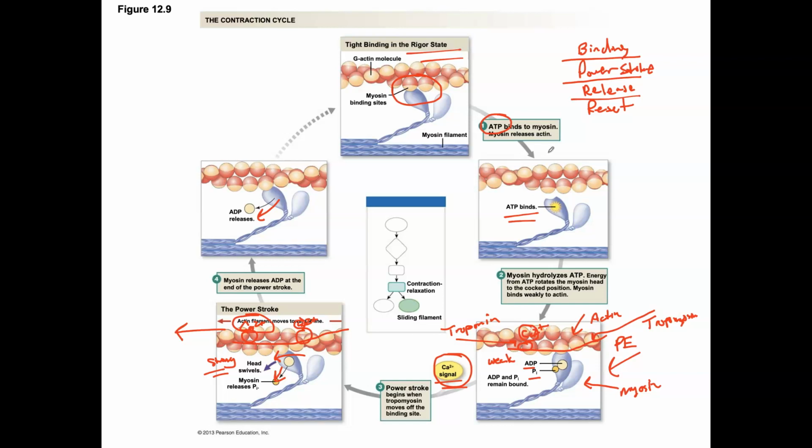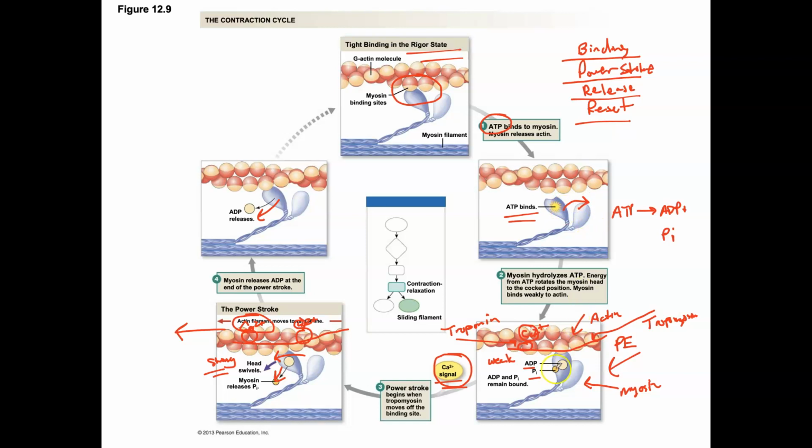Once myosin has released from the actin, we need to hydrolyze the ATP so that we can put the myosin head back into its potential energy position. So this is the reset step. So what's going to happen is ATP is going to get hydrolyzed into ADP plus the inorganic phosphate. And we're going to be able to take that myosin head and reset the myosin head back to the original